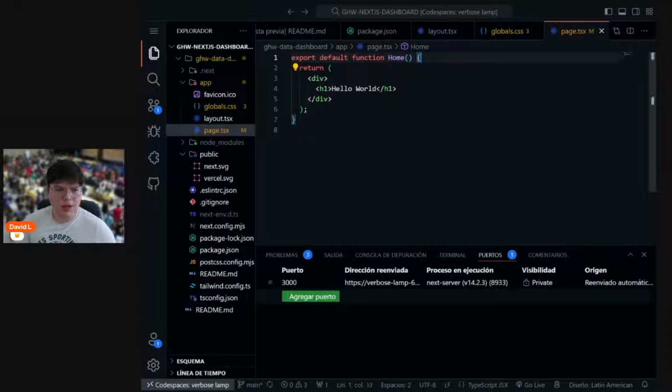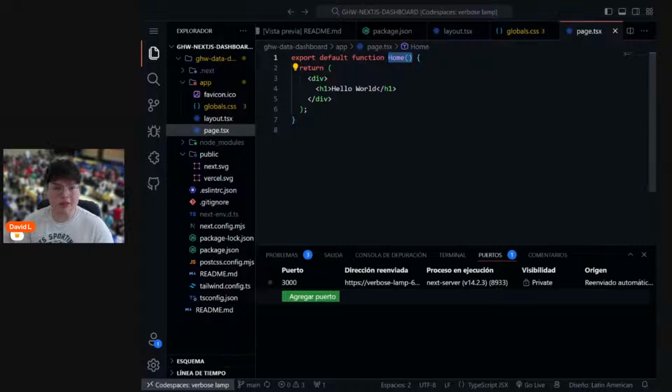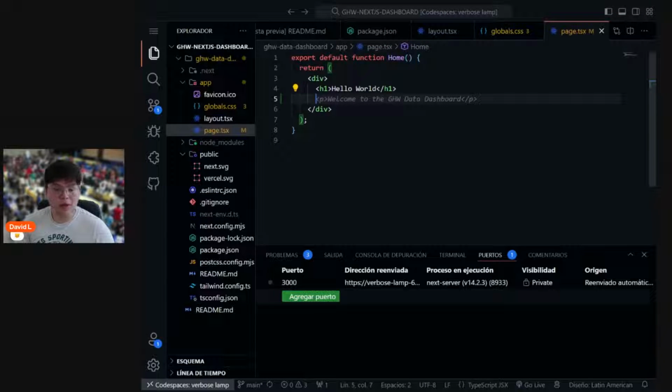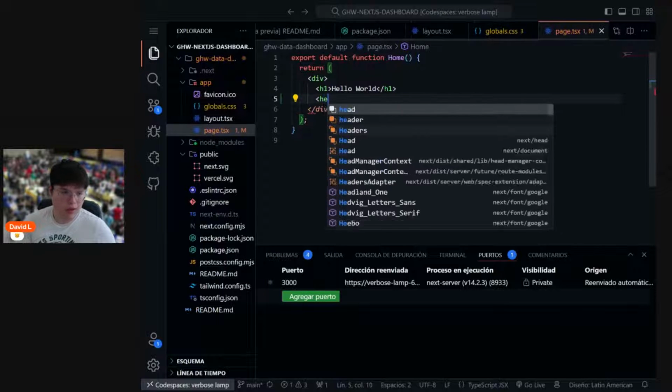As you can see here, we're calling a new function called home. Home is a function that Next.js uses to render our root page. This function actually returns something, and what is it returning? It is returning HTML. If you have never taken a look at HTML, the only thing you need to understand for now is that in HTML we have different kinds of tags for rendering things on the web and inside of our browser. So for example, if I add a header,